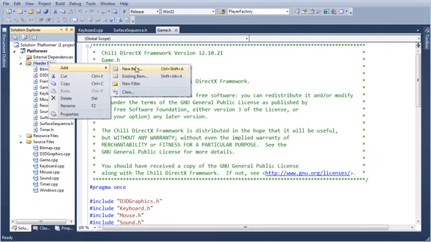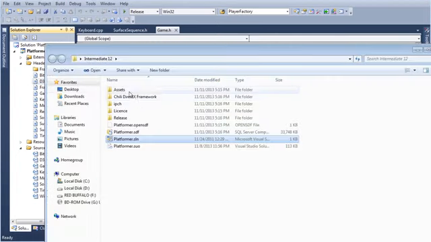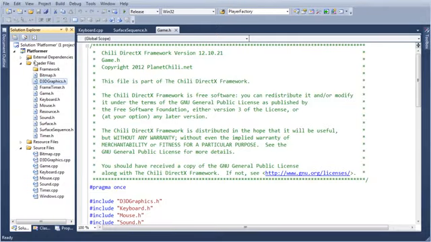Let's organize our source files, because I haven't done this yet. You can make a little organization folder here. It's called a filter, actually. And you can put your files in this logical folder here. It doesn't appear in your file system. It won't change anything over here in the assets folder, but it will organize it in our project explorer here.